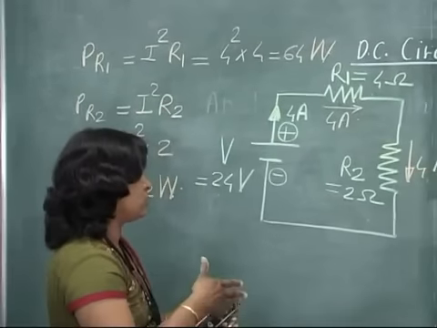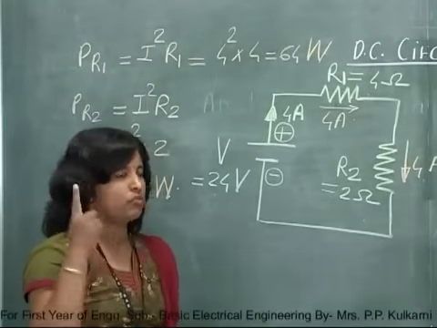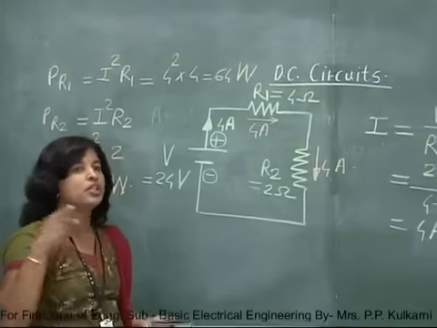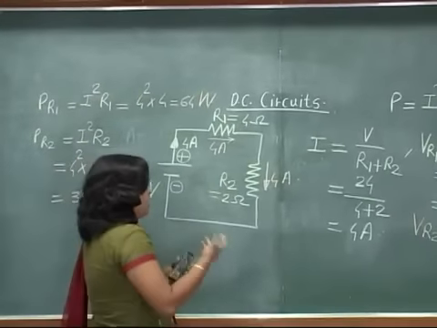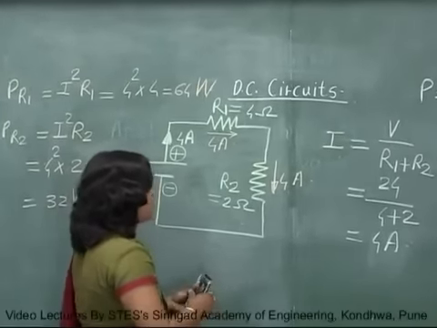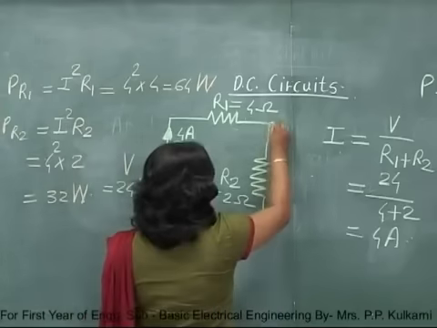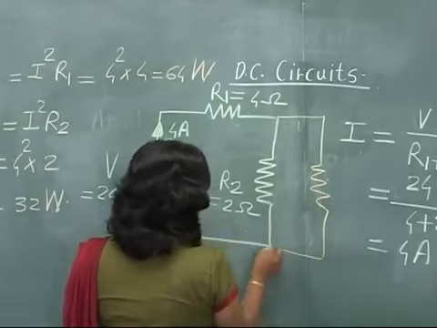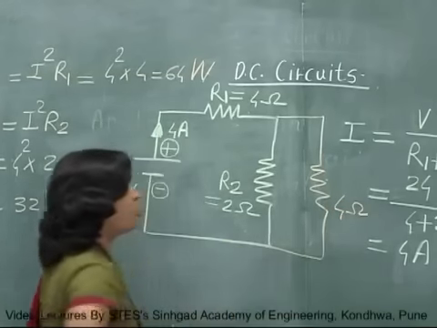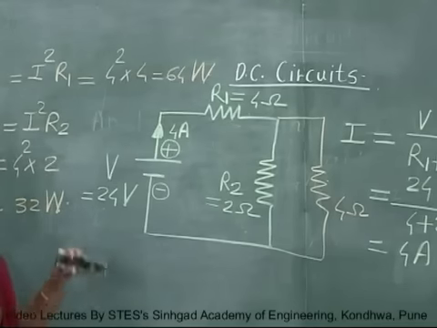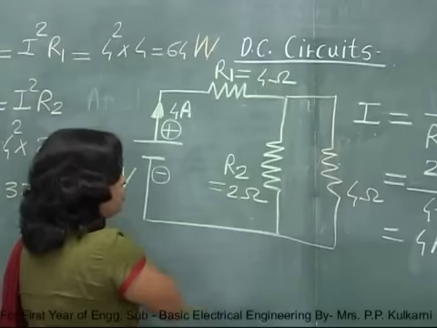Now in this case, we have analyzed this circuit using two laws. One is Ohm's law and the second one is the series law of resistances. Now again, if I make this circuit more complicated, how to make this circuit more complicated? If I add one more resistance in this circuit of rating, say, 4 ohms. Now how to analyze this circuit? Again, the meaning of analysis is calculation of current through each component of the circuit.